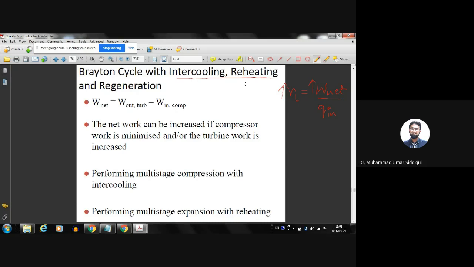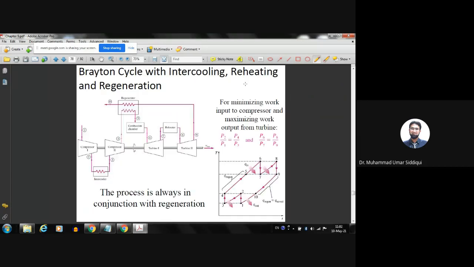Similarly, we do the compression in multiple stages, and this is going to increase our work output from the turbine and decrease our work input of the compressor. So the overall net work is going to be increased. So this is the main idea. Let's look at it from the perspective of